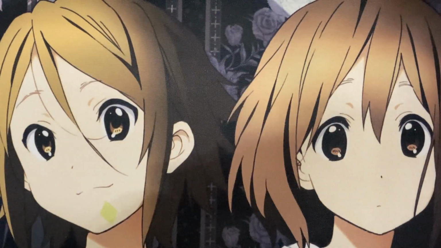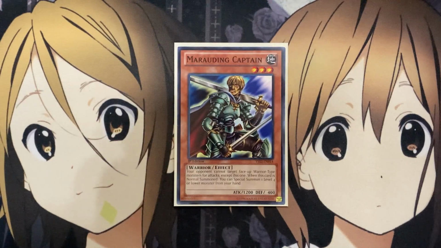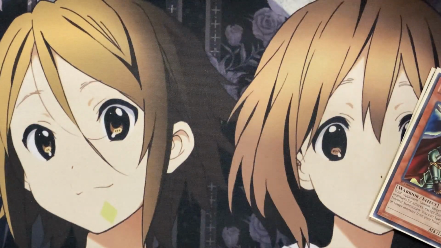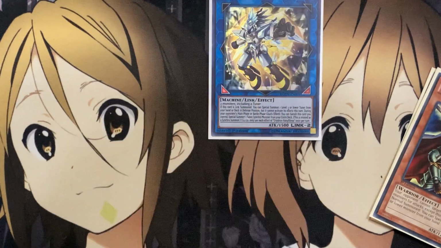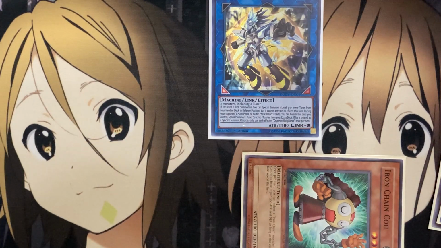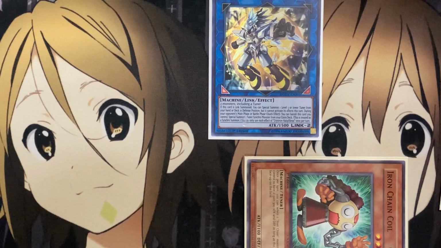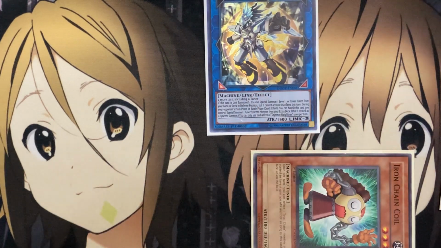Also, with the go-to, let's say you have the Marauding Captain, and also, let's say your Iron Chain Coil summoned out. If you summon these 2 cards out with that play, you can then go for your Crystron Halqifibrax play, and then using this card when it is Link summoned to summon out another Iron Chain Coil from your hand or deck onto the field. It cannot activate its effects, but it's not that big of a problem. And then also being able to banish this card and special summon 1 Tuner Synchro, but you're going to avoid that fact because now with this play, if you open up the